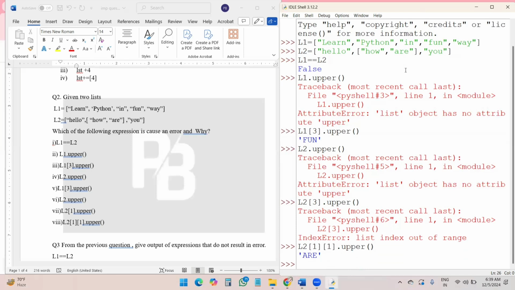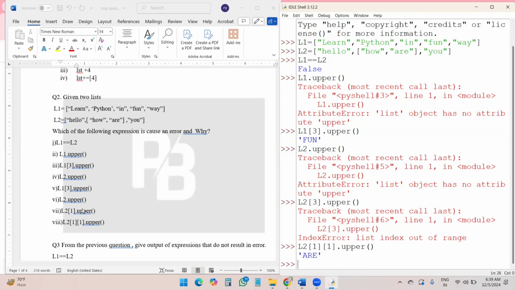Now you can see this R is converted. So all the expressions are there, students. You can check it if you know the concept. If you know the concept, then you can solve any question. But if your concepts are not clear, then you face difficulty in solving the question.